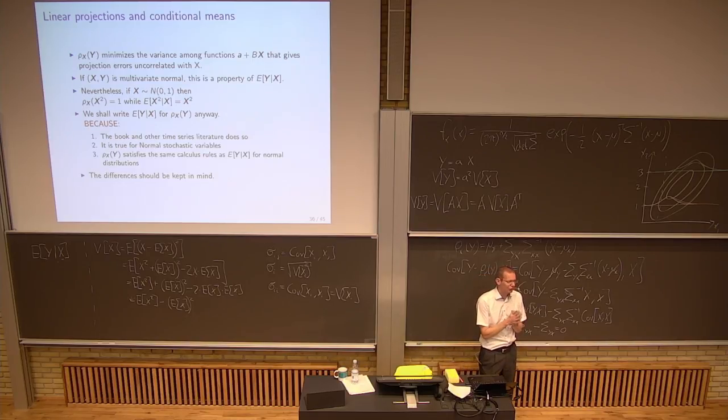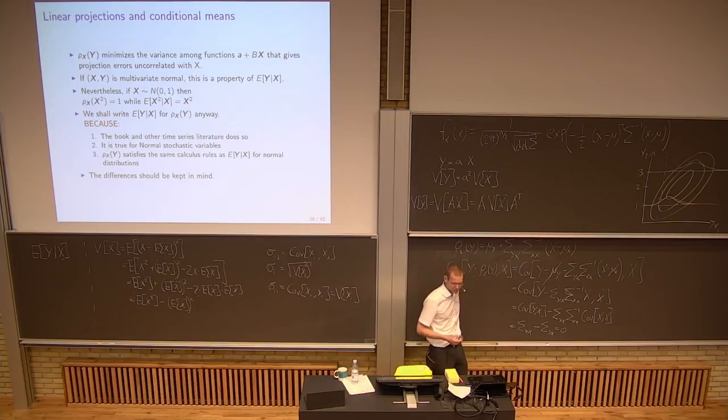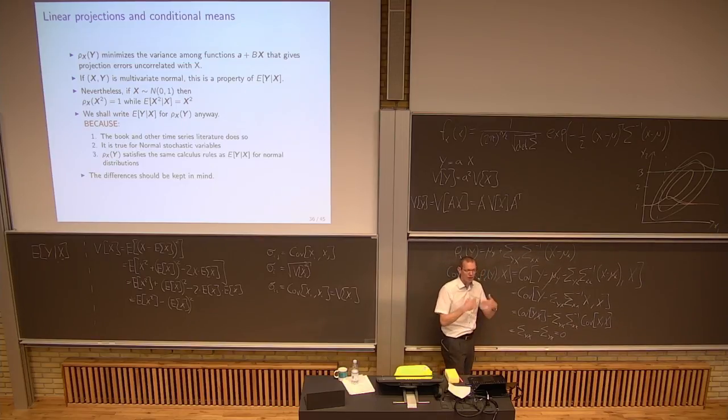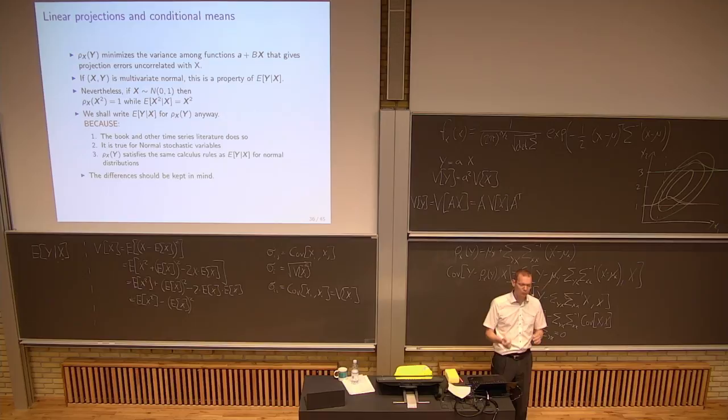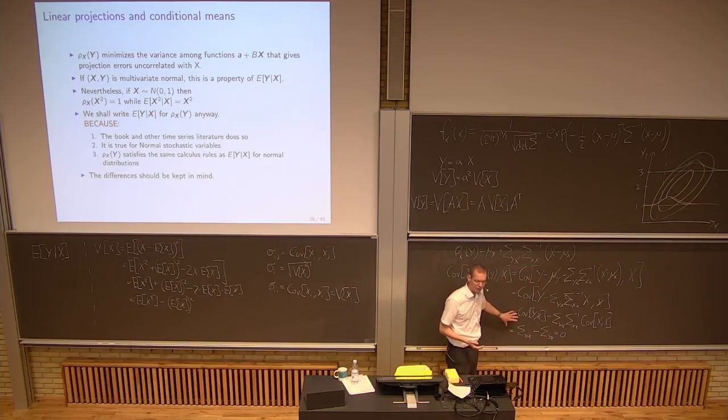Here comes the tricky part again: conditional means and linear projections. What we do here minimizes the variance among all linear relations that give projection errors that are uncorrelated with x, which we just proved down here. If x and y are multivariate normal, with a property of the expectation of y given x, then nevertheless, if we have the same constructed case as before,